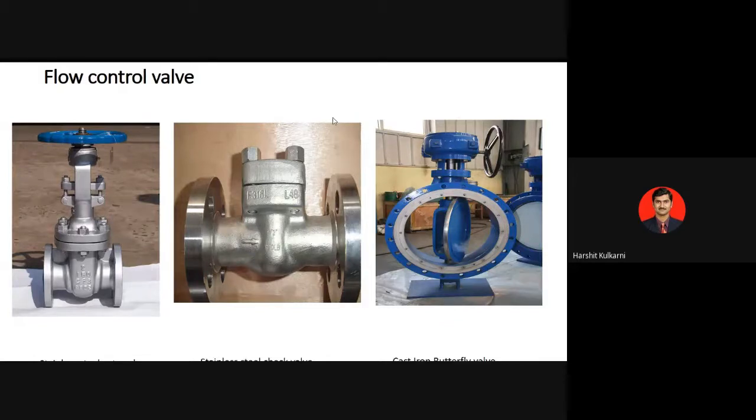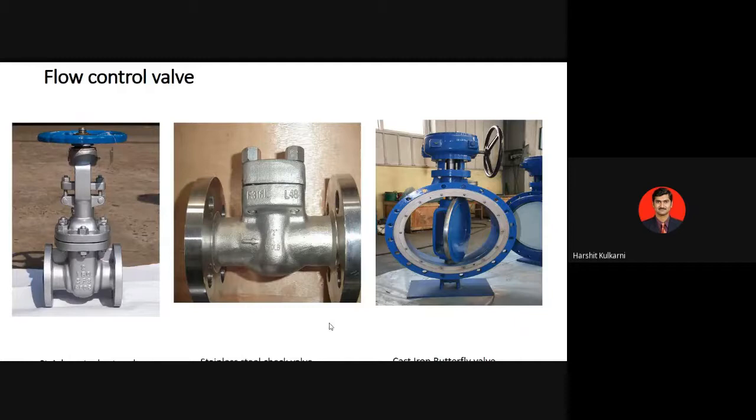So you can see in the first figure, it represents the stainless steel gate valve. So what is that gate valve? Simply, if you have a rotating handle over here, or rotating kind of a steering, you can rotate it clockwise and anti-clockwise. Based on the movement, the opening inside will be decided, because there will be a unit that will be seated and it will be in a completely locked position. So you can rotate this and control the flow rate. That is your stainless steel gate valve.